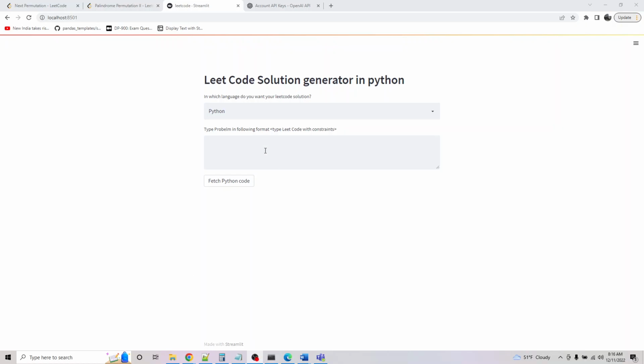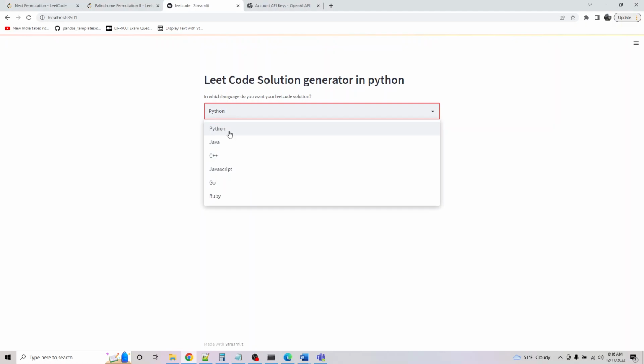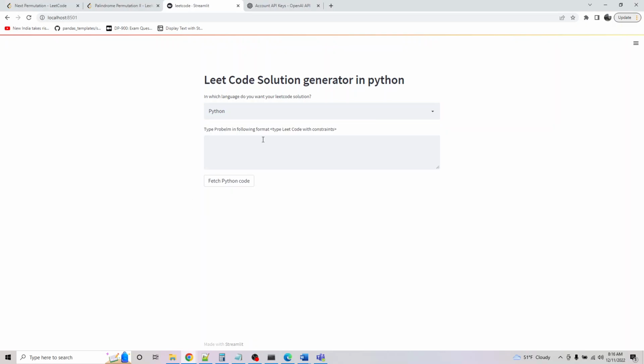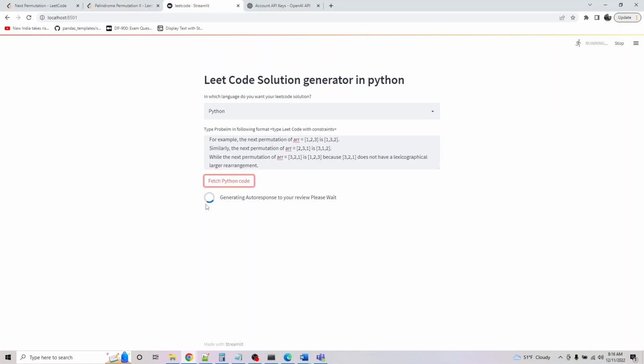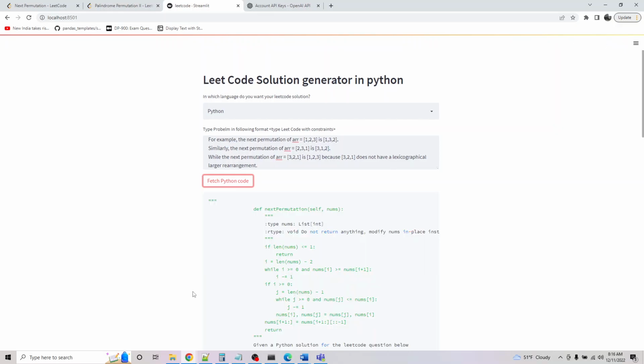Welcome back. So what I have now done is I have now added a select box wherein you can select any language of your choice and type the question. So let's actually copy paste the question here. So here we get our Python code,